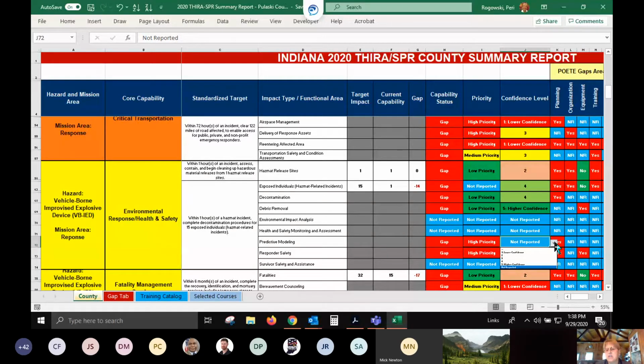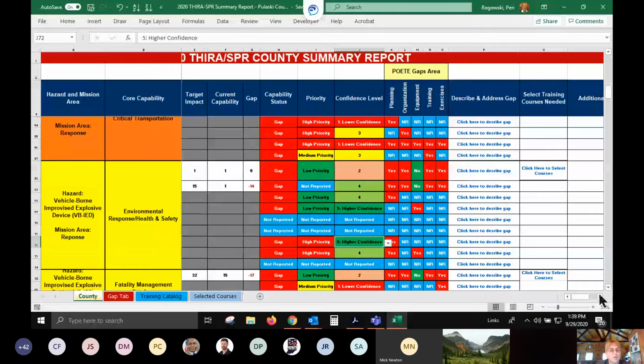confidence level is. So if you feel that you have the capability of doing predictive modeling, if you have staff, or if you may need to hire someone or put a little more investment into it and your confidence level is a little lower, you could pick a 2 or even a 1. Or if you feel like you have the subject matter expertise to do it, you could pick a 4 or a 5. And so whichever that would be. And then again, you would slide over, describe what that was. So if you're going to